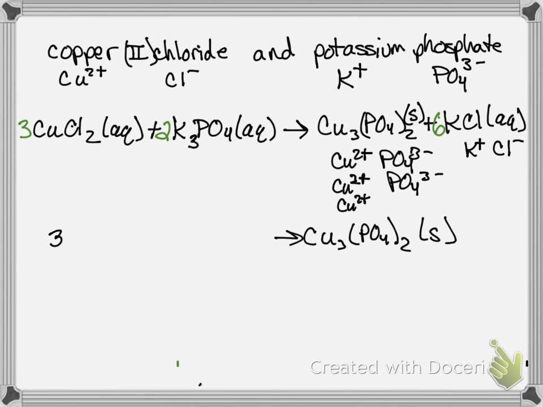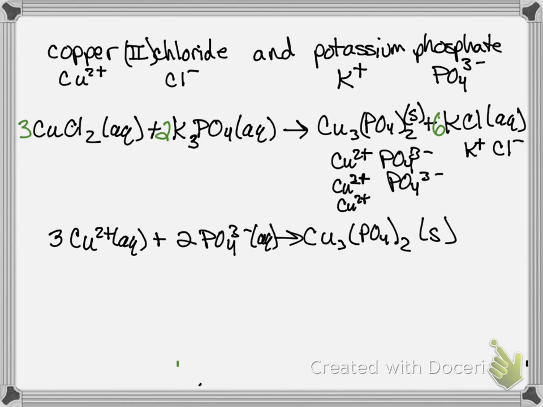6 potassiums, yep, that's what I have on the right. And I have 2 of those phosphate entities. And that's what I have on the right also because that's what the parentheses are. Now, let's see what we get. In order to make 1 of those copper 2 phosphates, I would need 3 copper ions and we were told this was copper 2 plus, and I would need 2 of those phosphate ions in aqueous solution somehow in order to pour them together into the same container, and